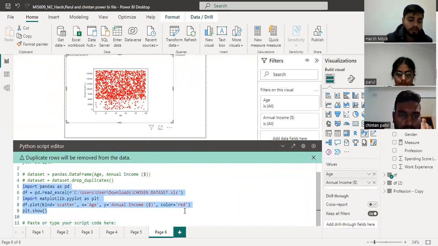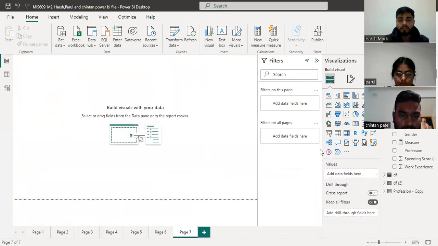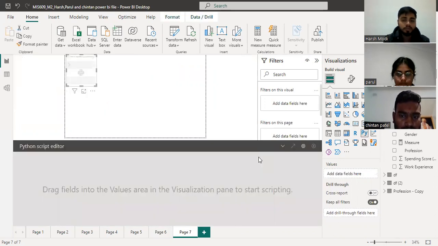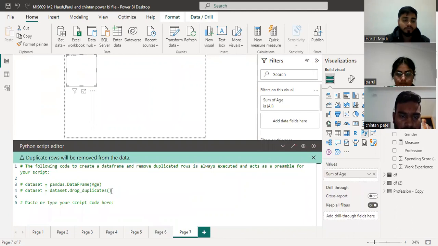Then on the next page, when I click on PY, the script editor is created. Now on the script editor, if I move age or age group, it shows the age which we can use in the Python command. Under this age, we just copy and paste